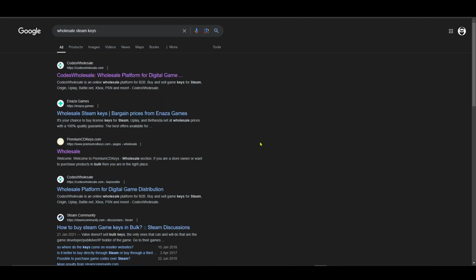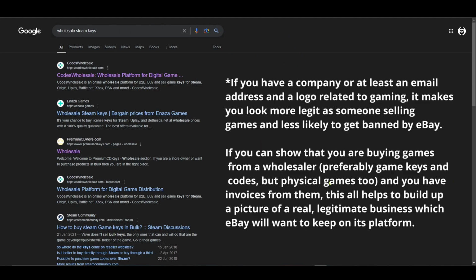So this would be my best bet for trying to get a wholesale Steam license, or something. What you actually want is a video game retailer, a video game wholesaler, to give you an account and give you an invoice. So if you're going to do it, I would do it properly, and I would actually make a limited company. That's what you do in the UK. It only costs like £13, and maybe if you're thinking, well, I'm 16 and I'm only going to do it for a few months, maybe don't bother, do something different, or just don't do it properly.